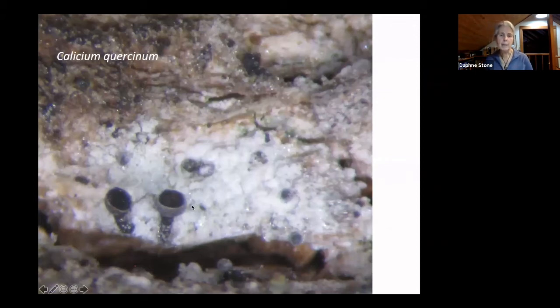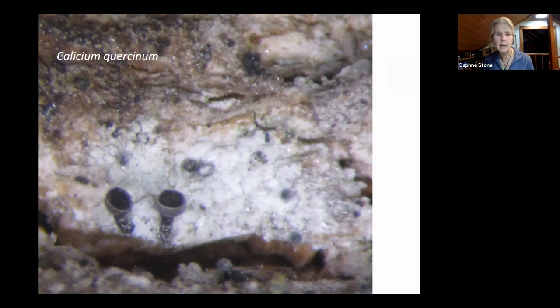Calicium quercinum is one of the rarest lichens in the Pacific Northwest. There are only 2 sites known of this species, and I don't believe that is because we haven't looked for it. It has such a specific habitat, which is old oak trees. And I've looked at many old oak trees and not found it. The second site, besides this Columbia Land Trust spot, is on the OSU campus, where it grew on a tree along,